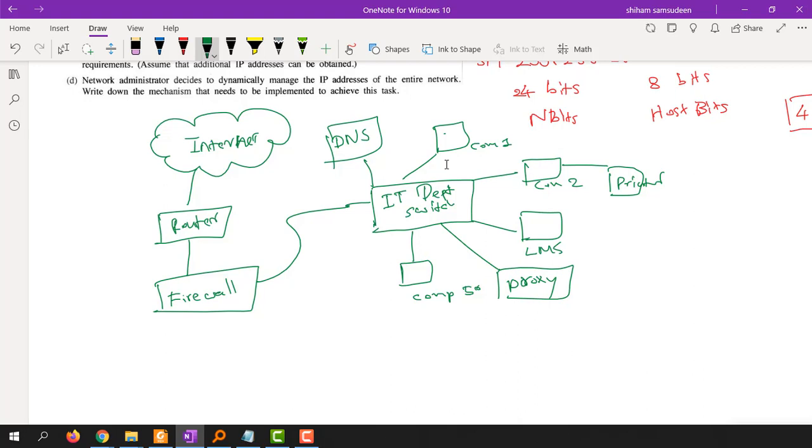Okay, so altogether we have 50 computers plus the printer 51, and DNS and proxy server as well, and the LMS, right? So altogether we have some number of computers here, including servers. So that's your, so this is basically